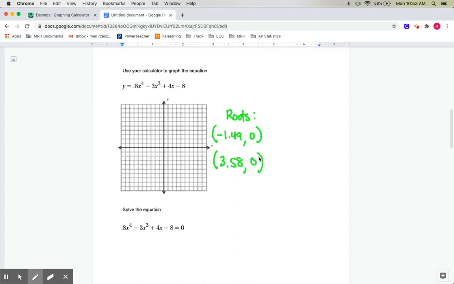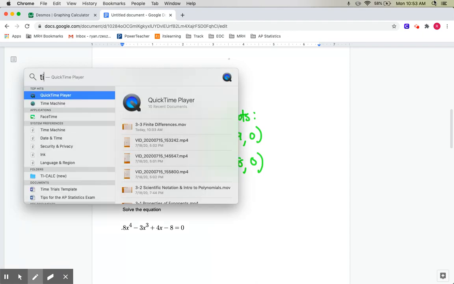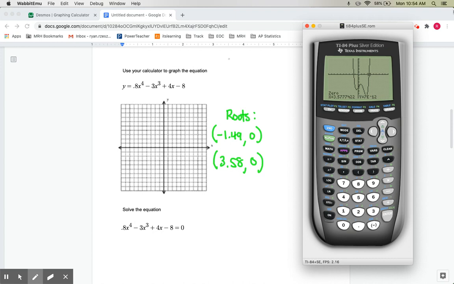The other thing that I want you guys to have for me before you actually graph this thing, we need to know all of those bumps on the graph so we can make a good picture. So if I'm going to do that, I'm going to go to that same menu, second calc, but this time there are options for minimum and maximum that I'm going to use. So I'm going to go minimum first. My graph has 2 minimums right here and also right there. So you use the same process, and honestly, it might be easier because left and right is less confusing on these. Left bound for this guy would be somewhere over here. So I do left bound, I do right bound, I guess, and it tells me my minimum is -0.60,